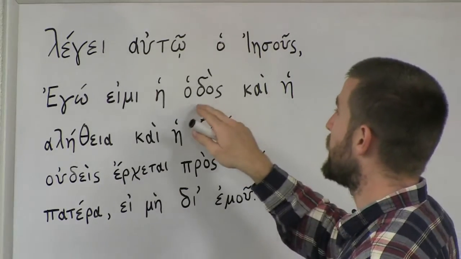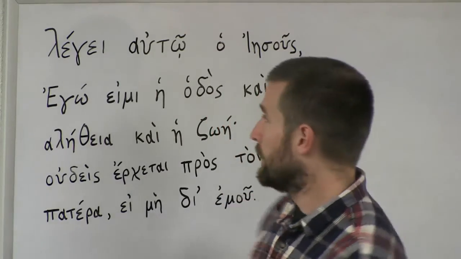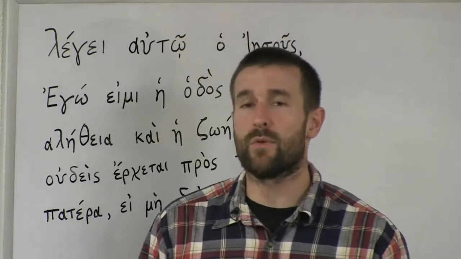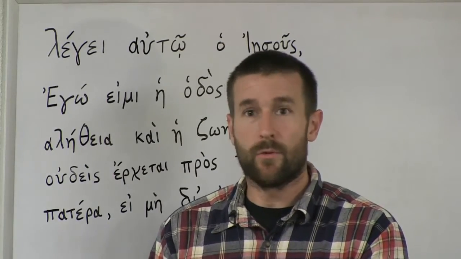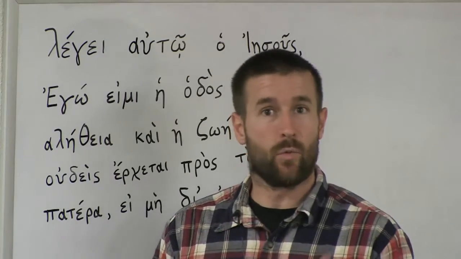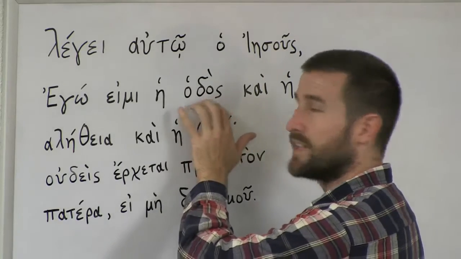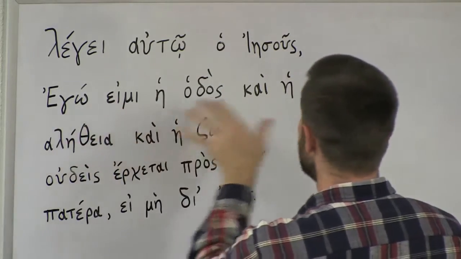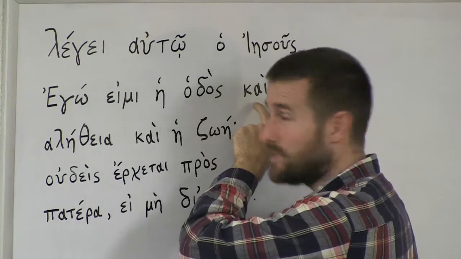So, how do you think we could remember the word odos? Because it means I am the way, right? Ego, imi, odos. Odos can be remembered by the word odometer, right? What's an odometer read? Well, how many miles you've traveled down what? The road. So odos can be remembered by noticing its similarity with the word odometer, all right? Ego, imi, odos. K, remember the word K from the last verse, means and.